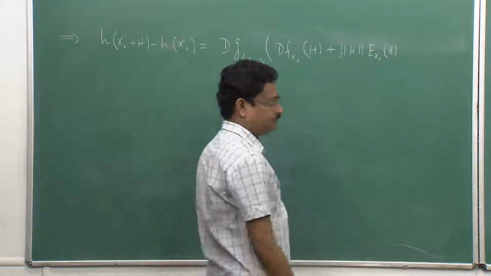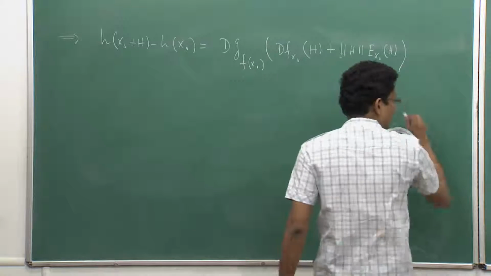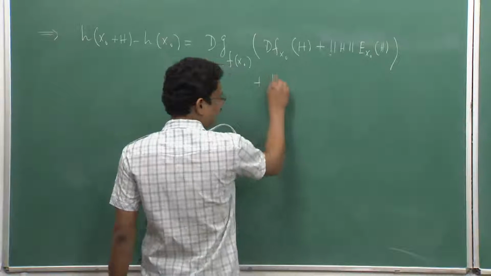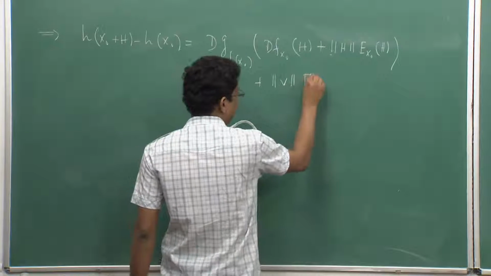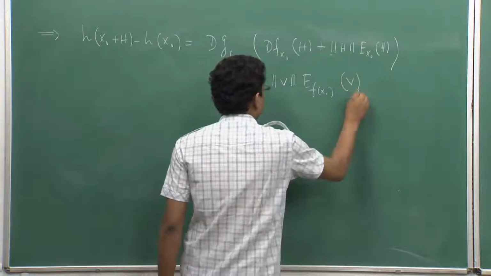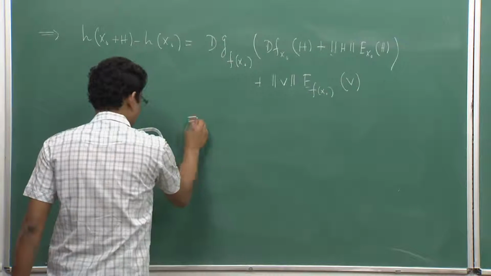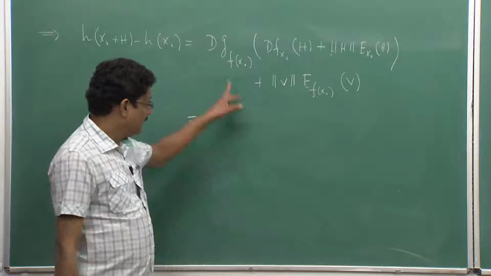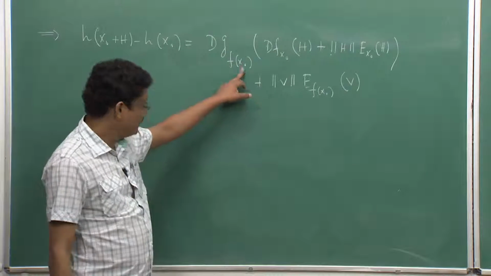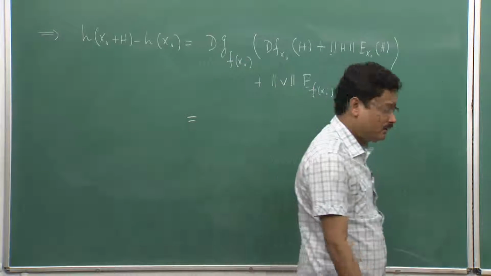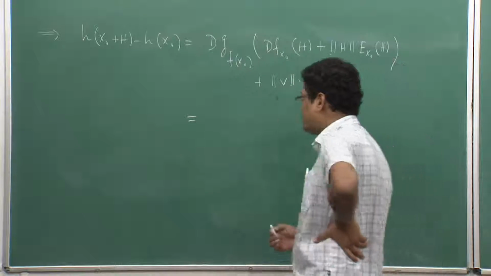Correct. I have just put V from here, plus the remaining term remains the same. Now, look, what is d f at x naught? What is d g at f x naught? According to my definition, derivative is A, so d g at f x naught is